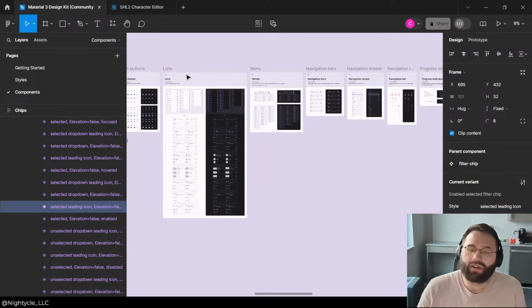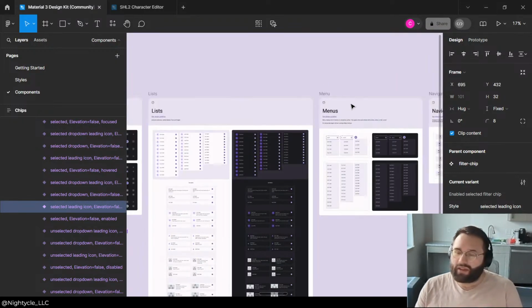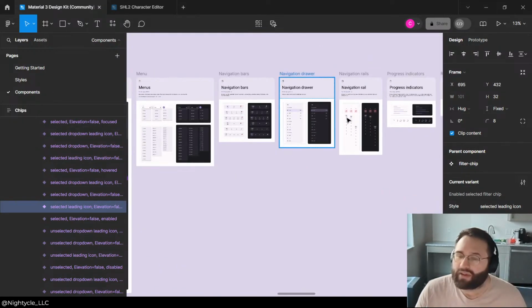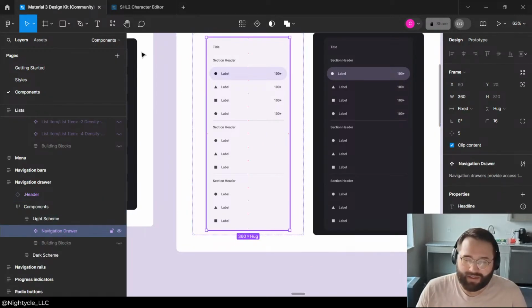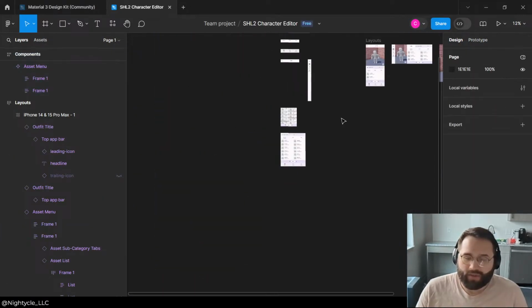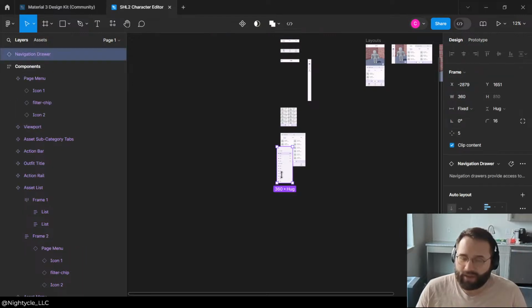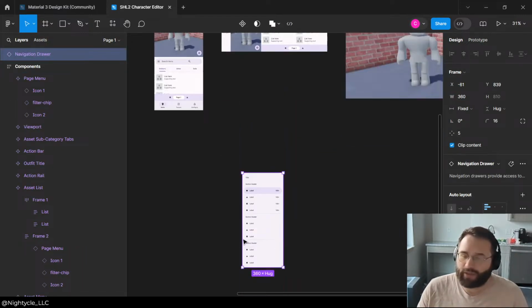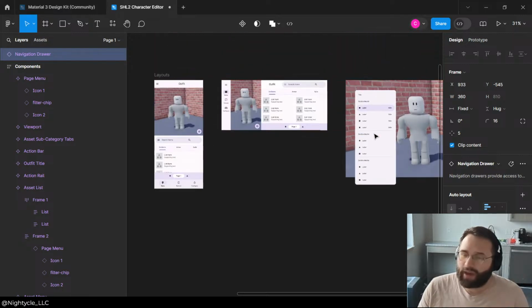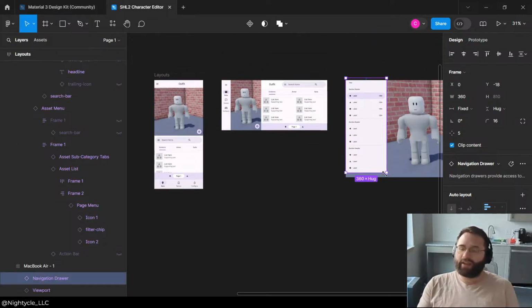What is it? Lists? No, menus, kind of. Navigation drawer. That was it. Okay, so we're gonna have a navigation drawer that pops out, and this will be something that becomes full screen for other ones, but in our case here,